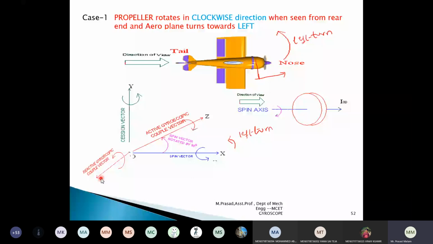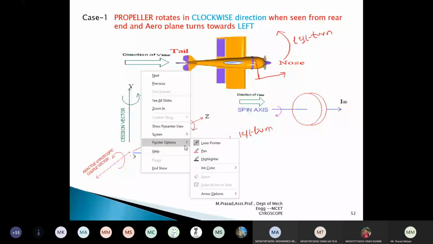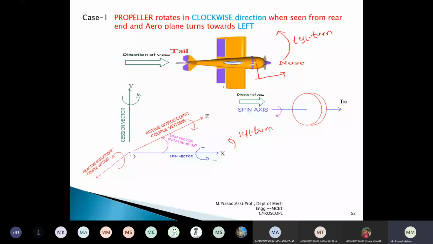So now you see, this is the left side end and this is the right side end. How is the active couple moving? It is moving from the left side to the right side. How is the reactive couple moving? Opposite to that, from the right side towards the left. See where the arrow mark is pointing: it is pointing towards the left side. That's why it starts from the right and moves towards the left. Where the arrow points right, it starts from the left and moves towards the right. What is the effect we can see?